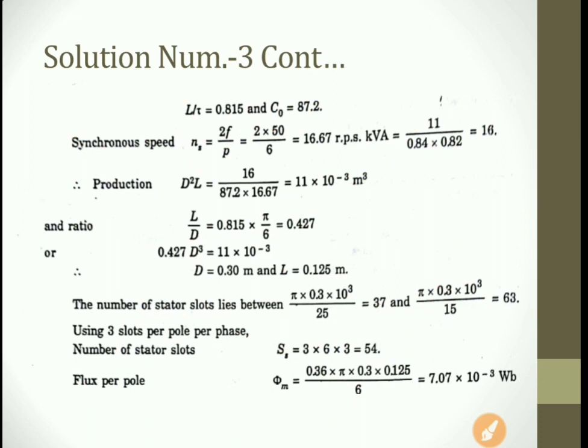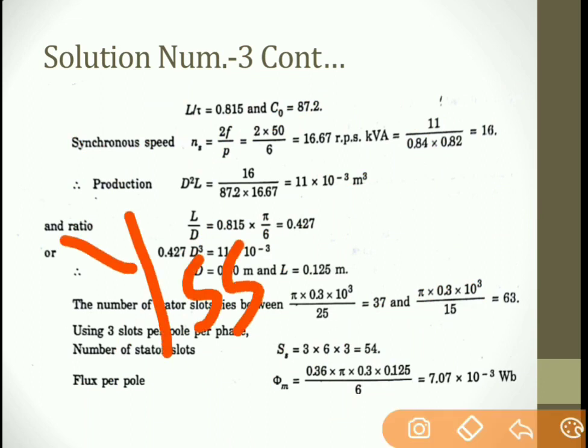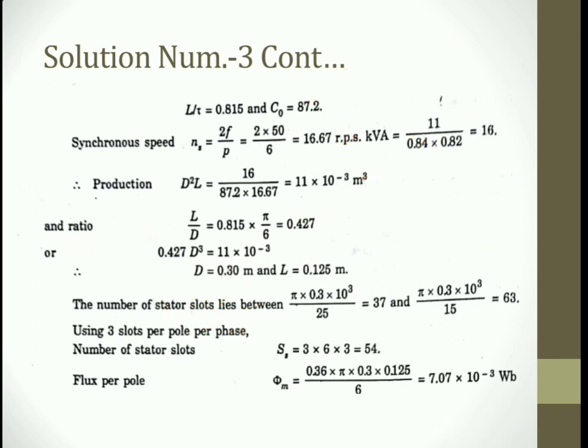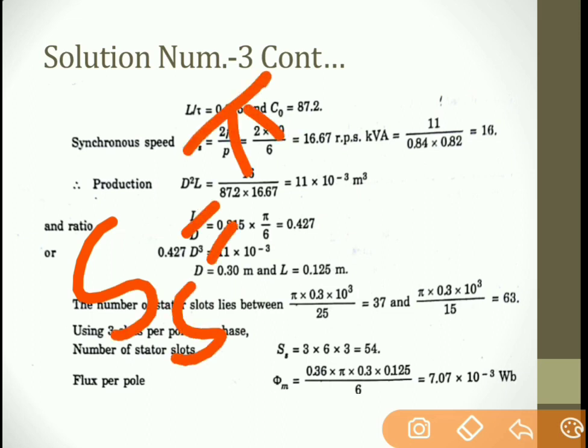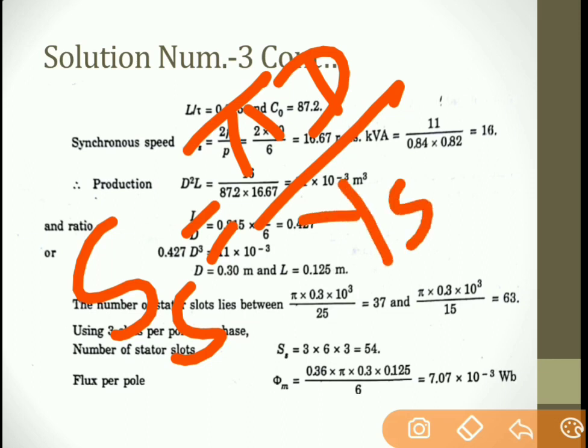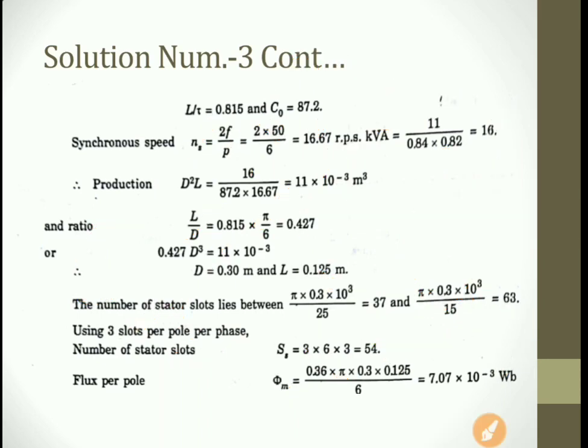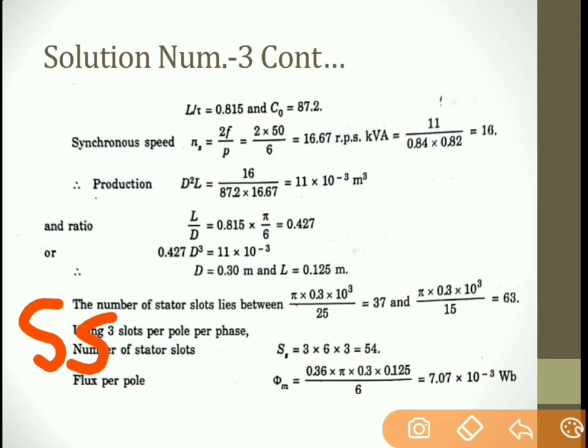Now see how it affects the slot pitch. Slot pitch, which is generally given by YSS, is equal to pi d divided by number of stator slots, right? From this relation, if I write the formula for SS, that is number of stator slots, it is pi d upon slot pitch, which is YSS. Now I know for the big machine, slot pitch YSS should lie between 15 mm to 25 mm. Mm is not an SI unit. If I convert it to meter, that becomes mm multiplied by 10 raised to minus 3. Hence, I have got an idea that the number of stator slots, SS, are lying between pi d upon